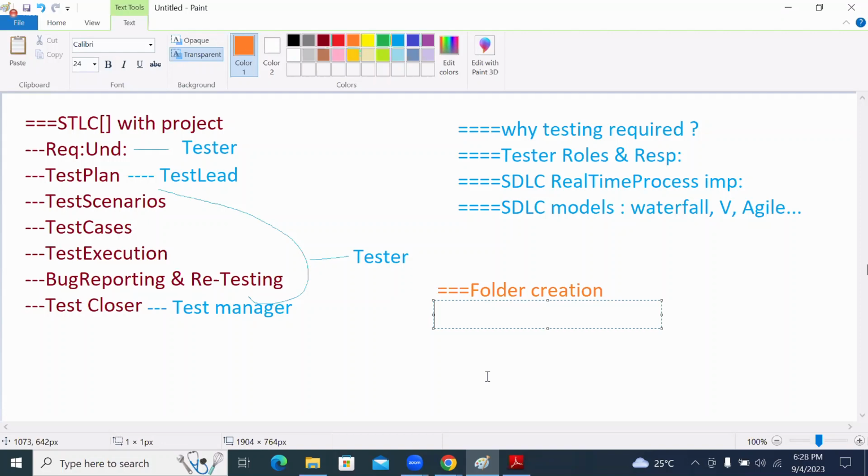On day one, in the first half, whenever the joining formalities are going on, parallelly your employee ID and email ID will be created immediately, because